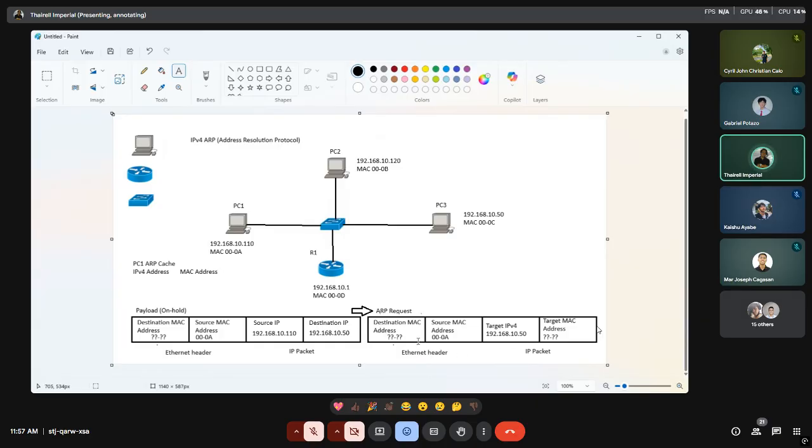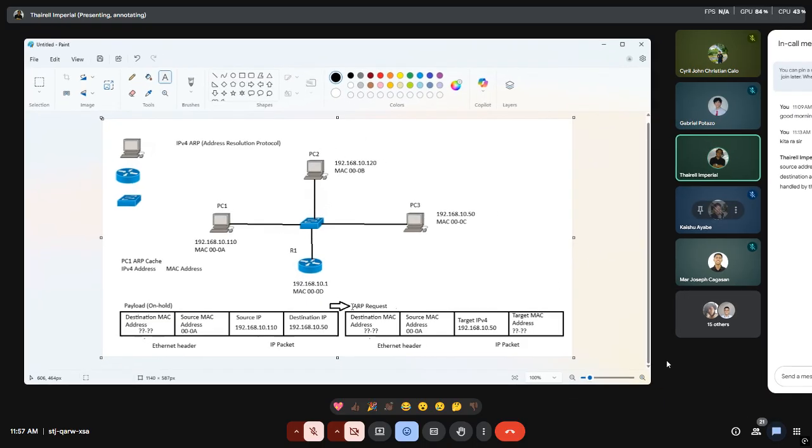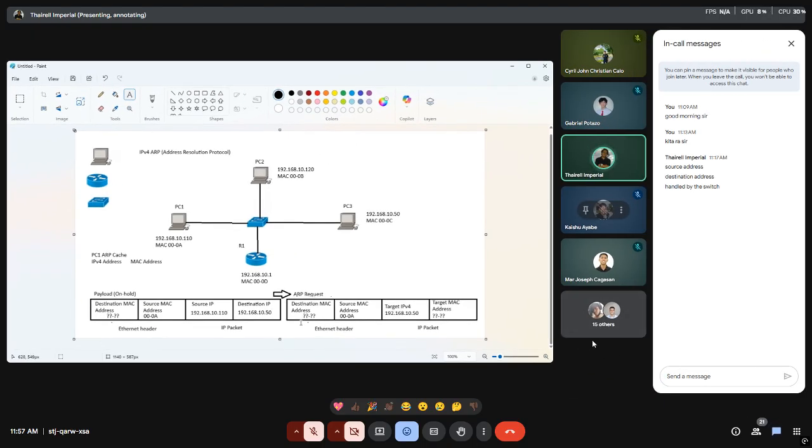Here's the thing. I would like to ask this from the crowd. What do you think would be the destination MAC address if we have to conduct a request? Now, I may have a very vague question, so let's change it rather.